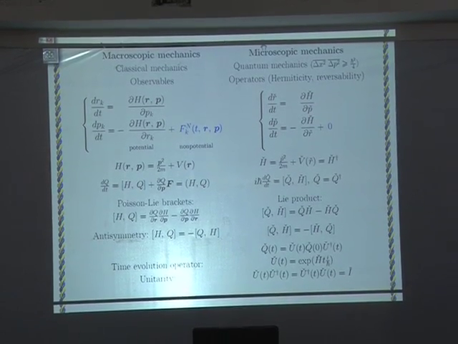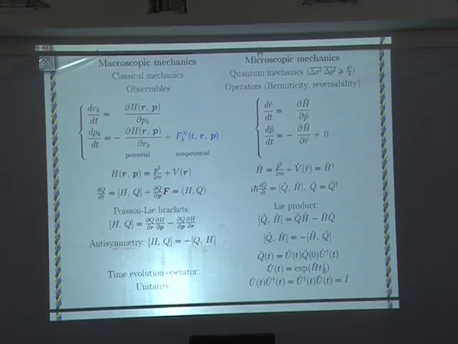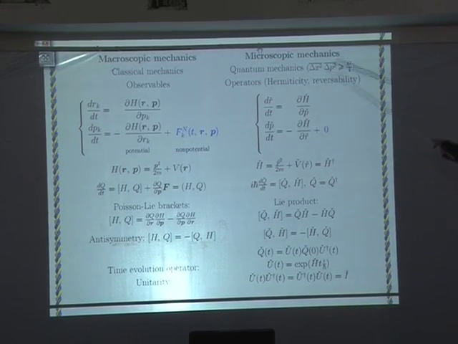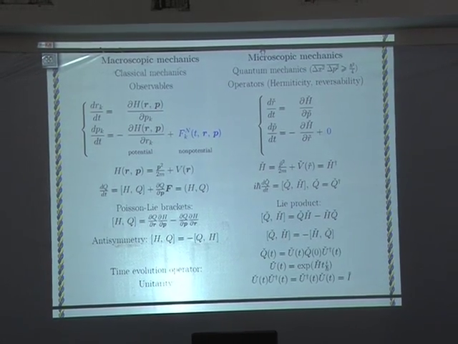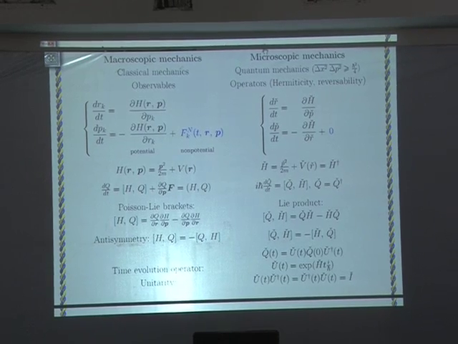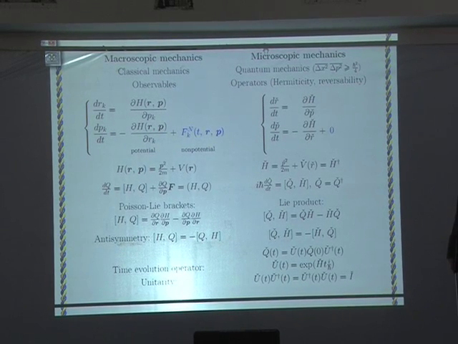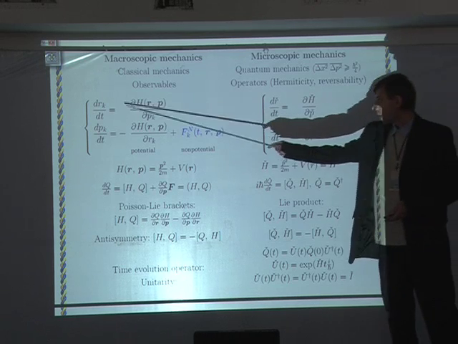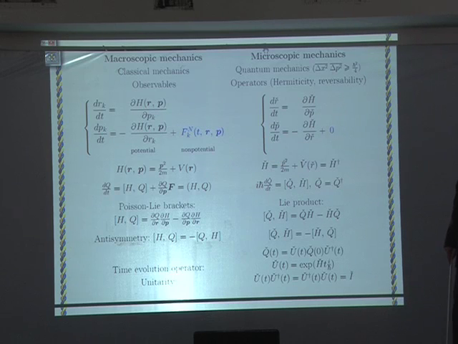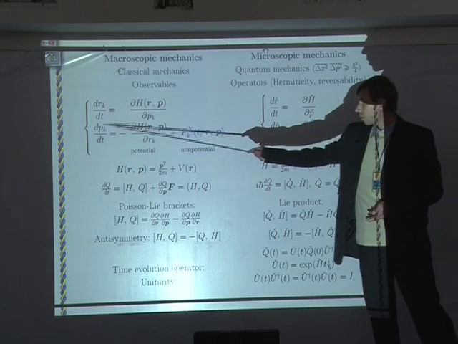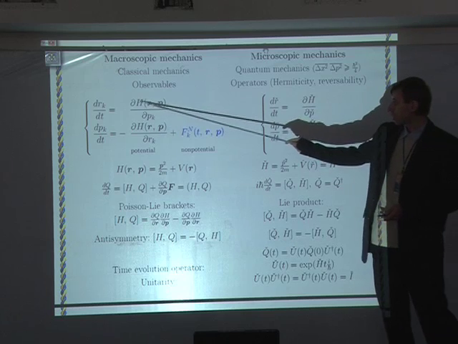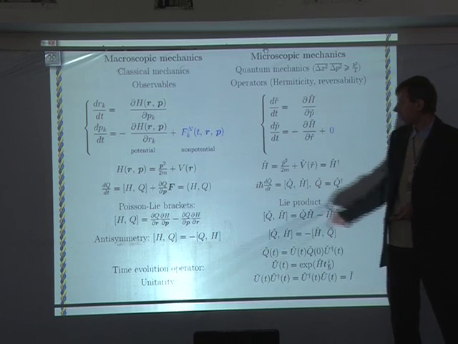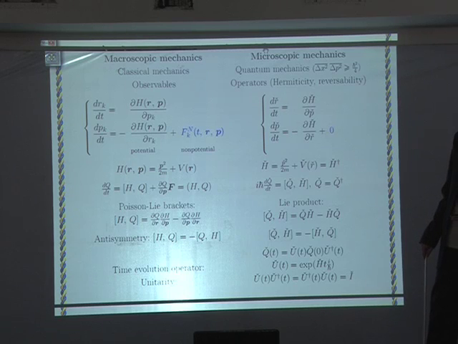I will start from two different views on physics. First is macroscopic mechanics, and the second one is microscopic mechanics. Macroscopic mechanics is classical mechanics, and it deals with observables. And this mechanics is summarized in the well-known Hamiltonian equations, where the derivative of coordinates and time derivatives of impulses are written in the form of derivatives of the Hamiltonian, and Hamiltonian is the total energy of the system and the sum of kinetic